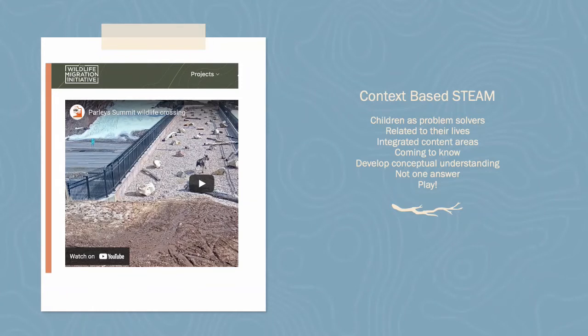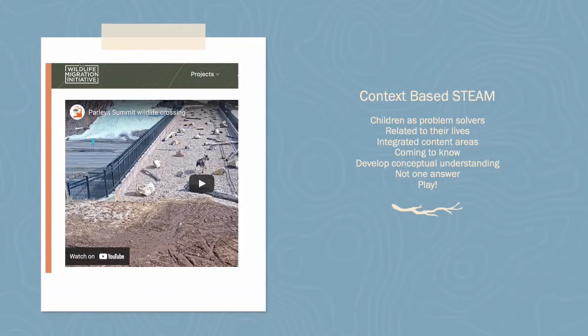Somehow, all of the Utah agencies, scientists, and funding and community came together and this bridge came to be across I-80 so that our neighbors, the wildlife, and in this case a moose, could cross safely and not put anyone at risk. For the kids, this was a great way to look at how do we solve a problem, how do we engage in learning,